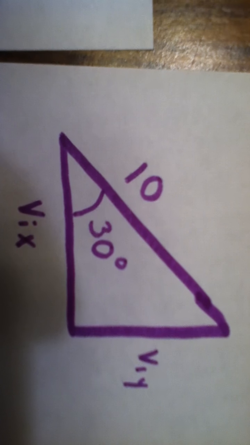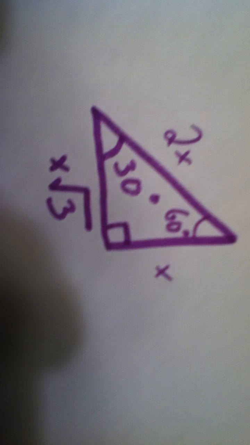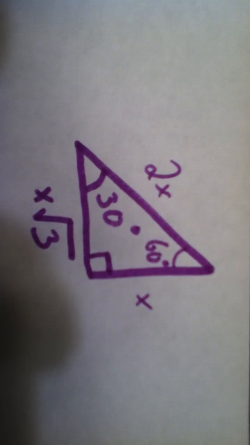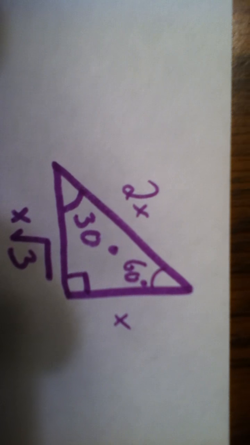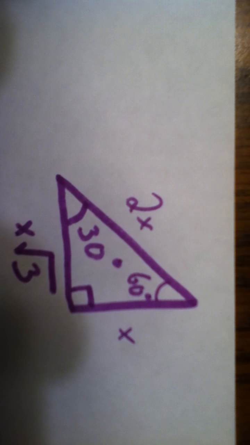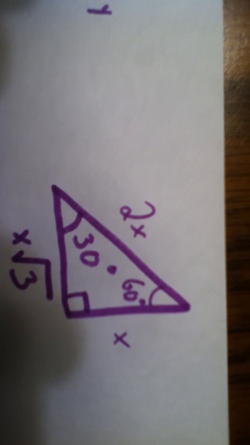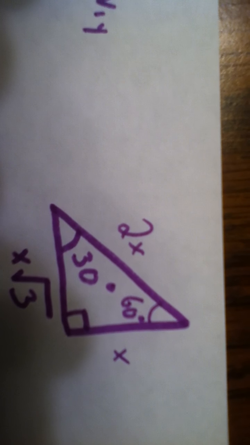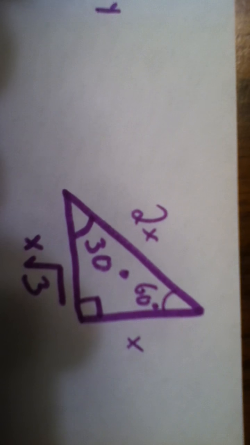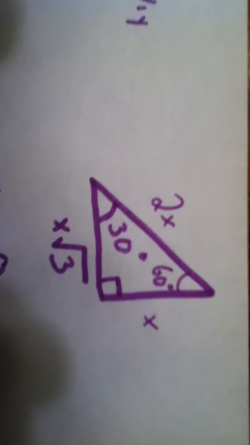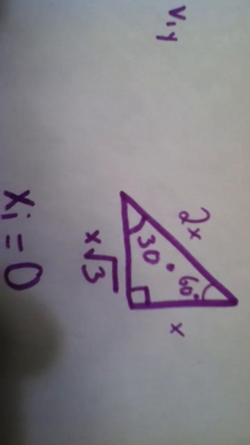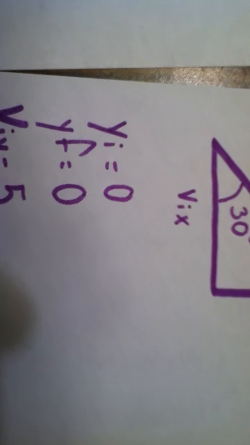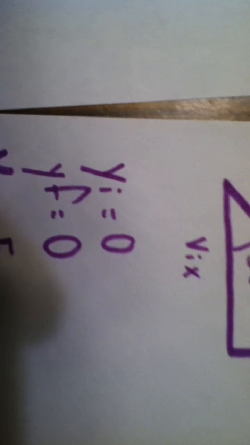And from this 30, 60, 90 triangle, we can use our known ratios of x and 30 degrees, x radical 3 and 60 degrees, and 2x and 90 degrees to determine the values of the velocity in the x and the y. And from these values, we can start to determine what our known and unknown values are for